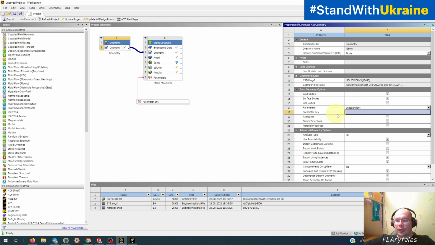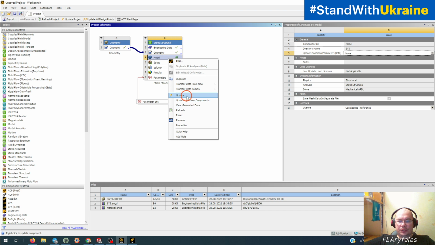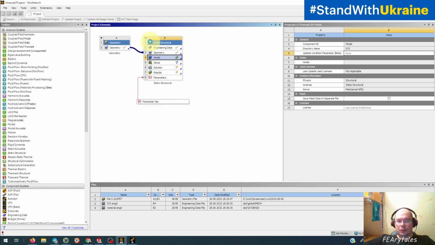So if we add some prefix here, it will import only those parameters that contain those letters and digits. For example, we add PPP here, we update our geometry,